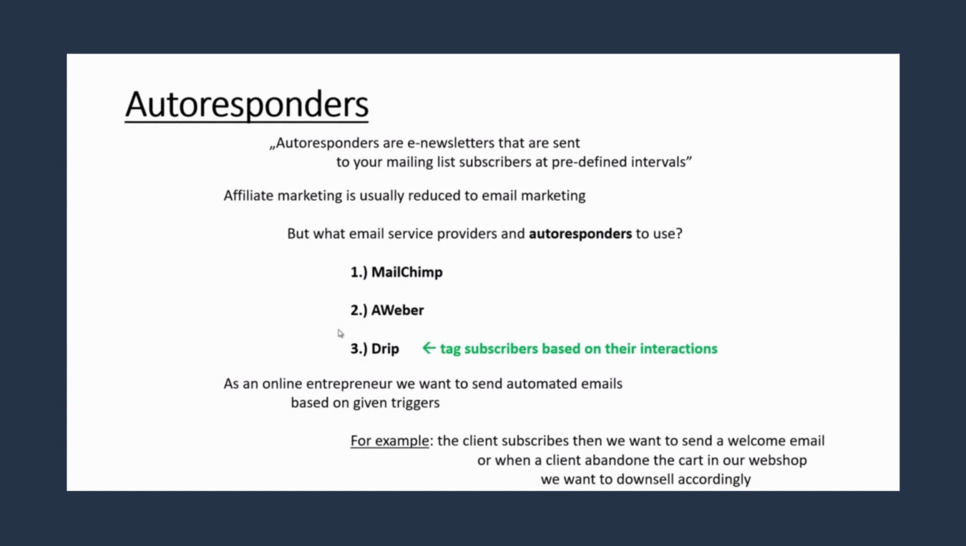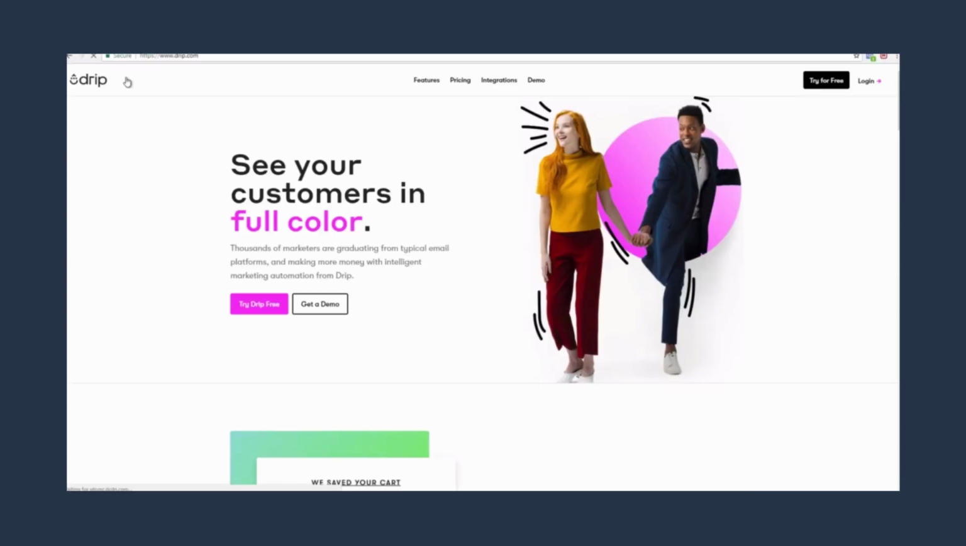that you are willing to pay for this Drip autoresponder, because you can tag subscribers based on their interactions, and Mailchimp and Aweber as services are not able to do this feature. So this is why Drip is extremely powerful. As far as the pricing is concerned, you can navigate to